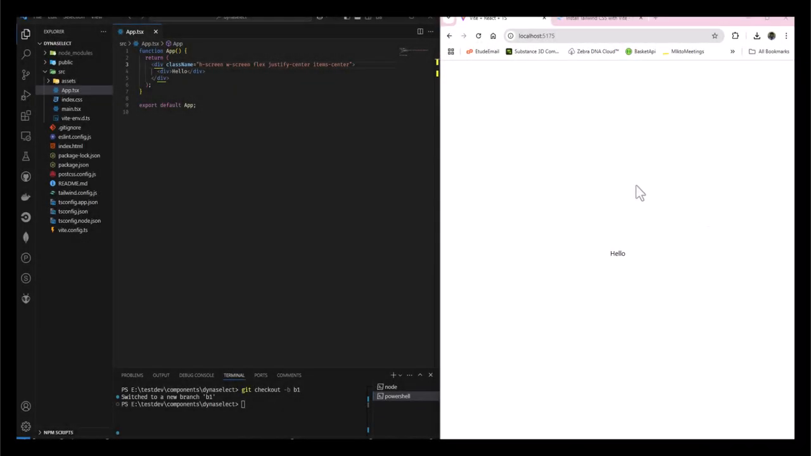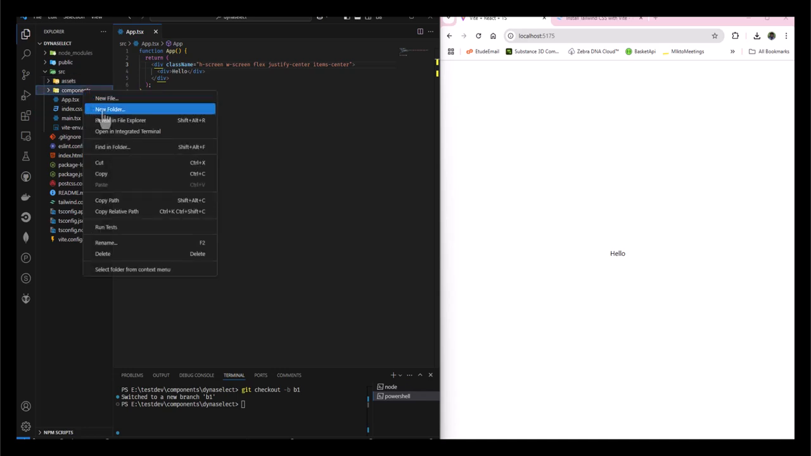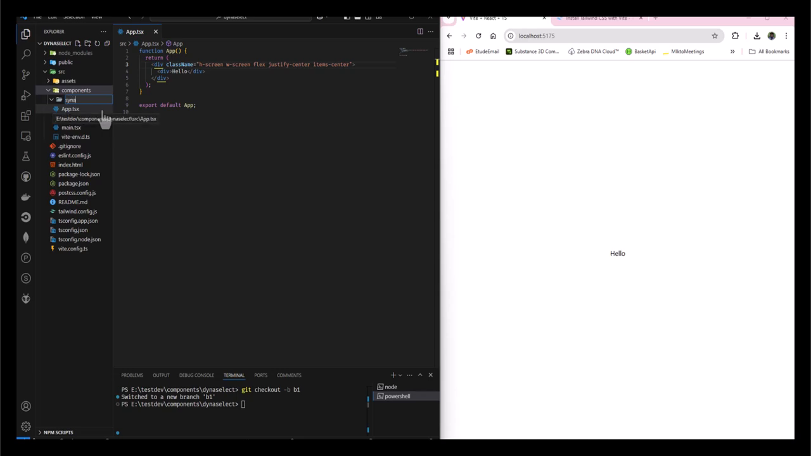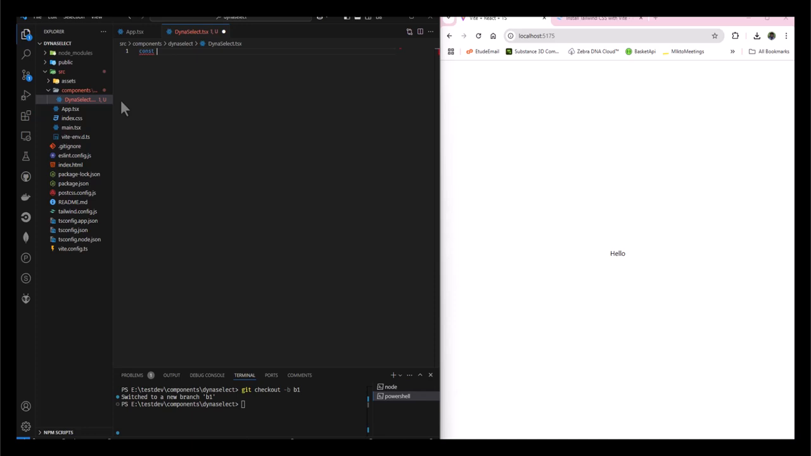Okay, we are ready to build something. Let's go to source and we're going to add our new folder, components, like everybody does, a new folder. Call this DynaSelect. And inside of here, new file, dynaselect.tsx, and we'll say const DynaSelect. Yep, we'll just make a basic component, export default